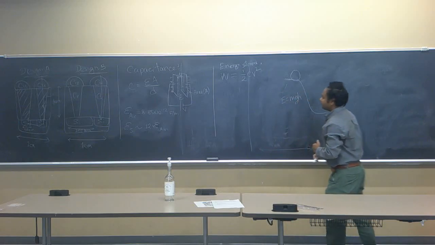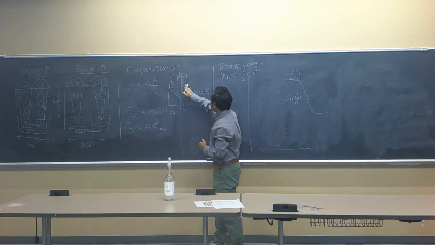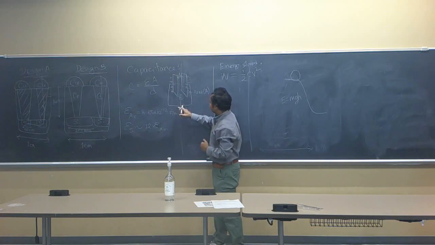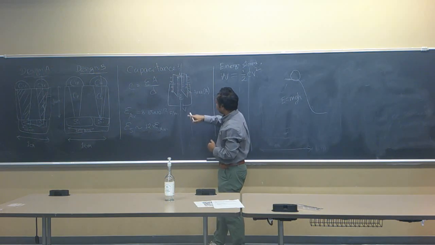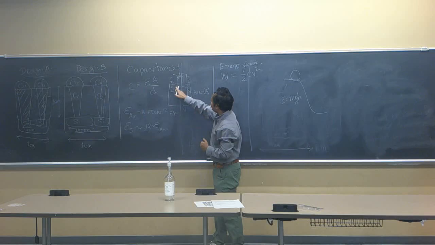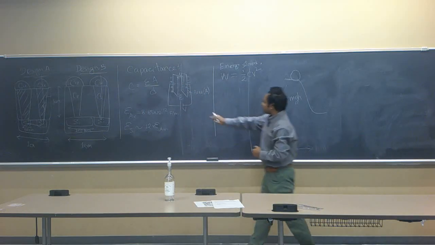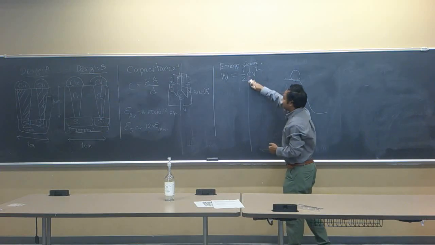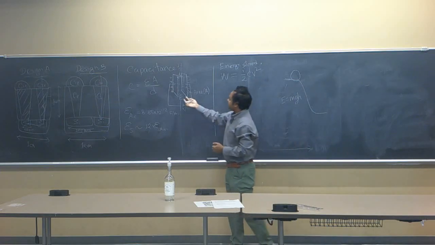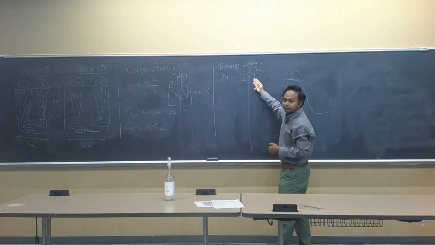That was the question. So let's look at the structure one more time. Both of these plates are connected to a voltage. My question was that if the voltage induces a positive charge in one metal plate and negative charge in another metal plate, then how are these guys going to move around? Are they going to come close or go far apart? So in order to understand that, always look at the energy stored and apply the principle that these guys will move to a new configuration where the energy storage will be minimum.